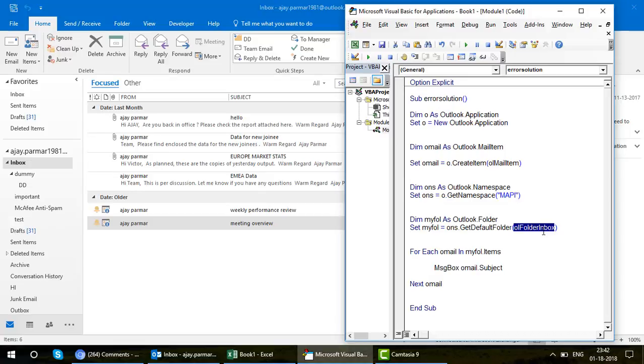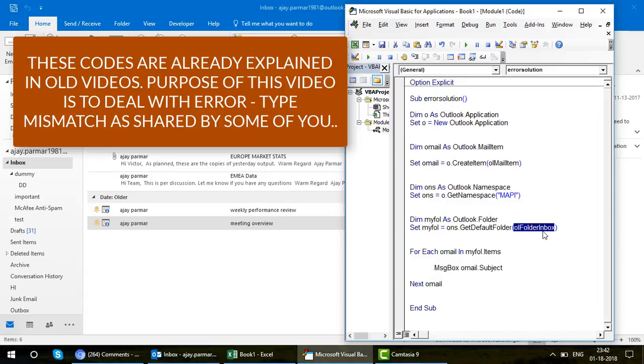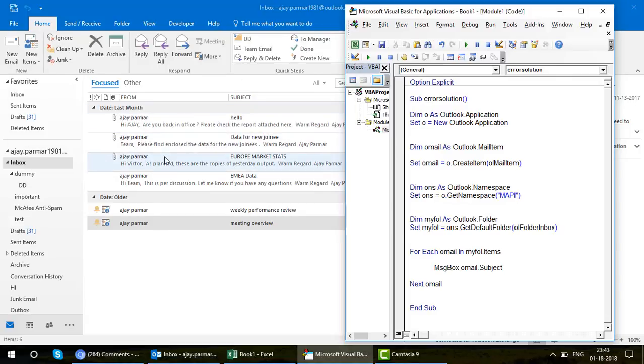Now he also asked me how about working with subfolders, if you have the emails in a subfolder. I'll talk about that in just a while. I had already uploaded a video, but I will be very quick here, and you can also learn that in case you do not want to target the inbox and you want to target any folder. For example, I have created a dummy folder inside the inbox, and then there is another subfolder created under the subfolder called dummy. Okay, so we'll talk about it, but right now the important point is if I run this loop right now,